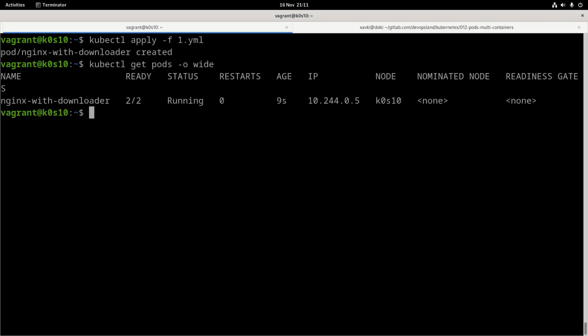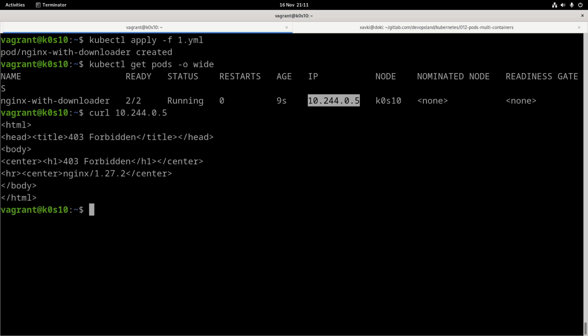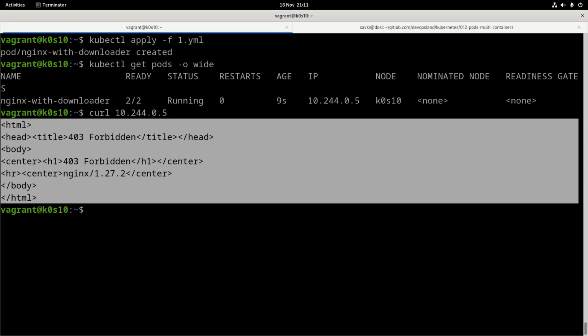So I just quickly make a curl and hit here, and we have a forbidden, because by default Nginx responds with a 403 response. So to say this is a forbidden path, because we don't have any index.html page.